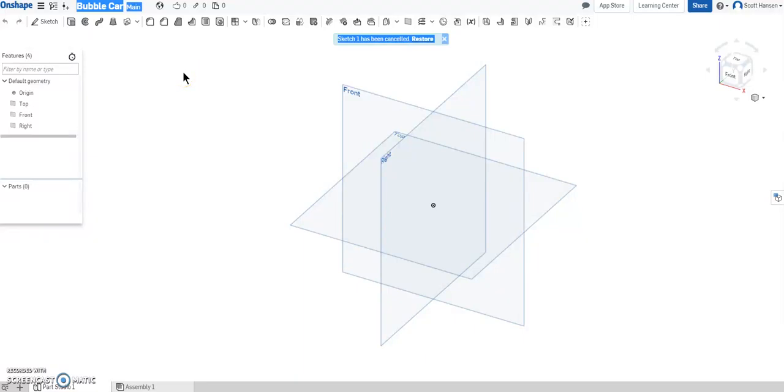Alrighty guys, I'd like to give you just a quick introduction to sketching in Onshape. As I've said before, these 2D sketches are kind of where all CAD models start. And to visualize what we're doing, we want to look at our object from whichever side is going to give us the most detail of that object. So for example, I'm going to be sketching out a design for a bubble car, a wooden toy car. I'm going to look at it from